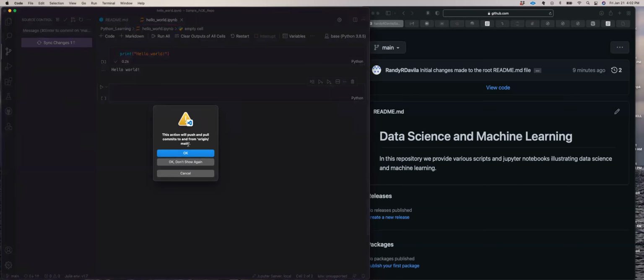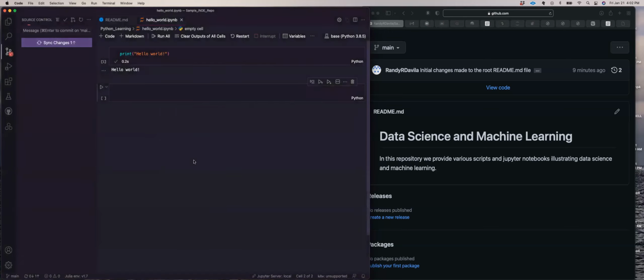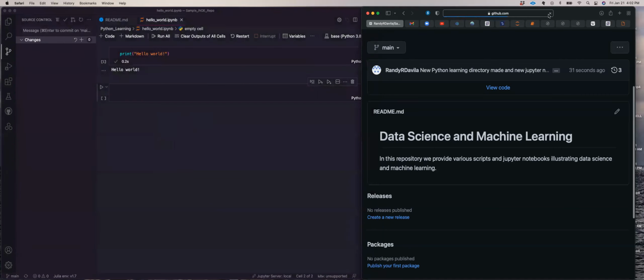We don't know what that is. You don't need to worry about it yet. Later in the semester, we'll talk about it. But for now, just click OK. Syncing, done. Notice the little red marker has gone away. And now, if I reload my GitHub page,